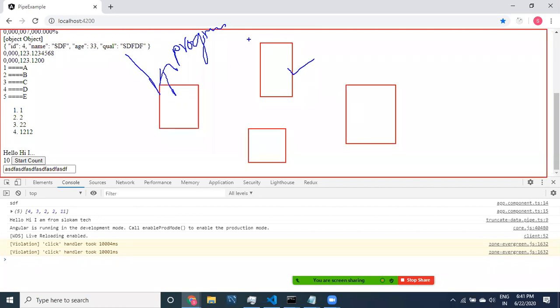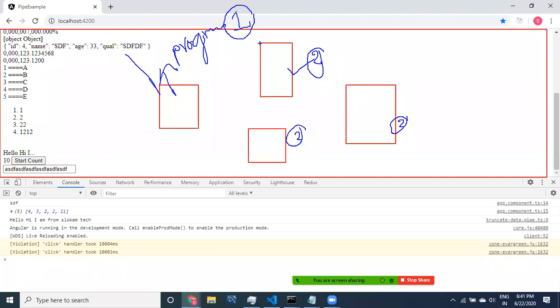Listen carefully: one operation is happening, and other operations are not happening.